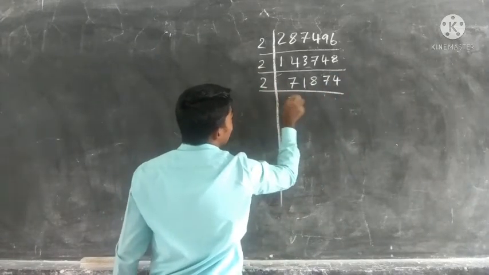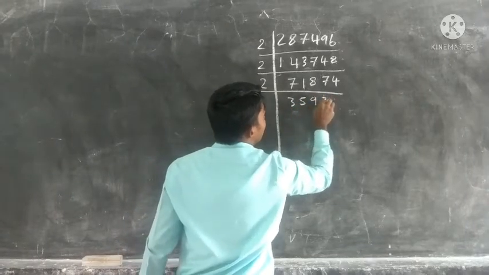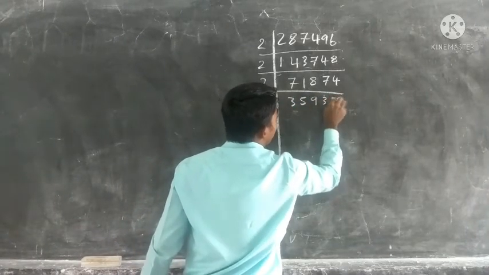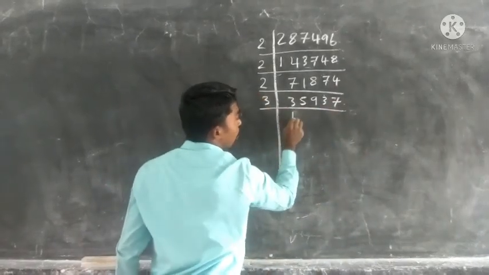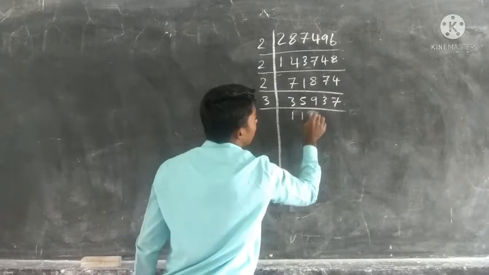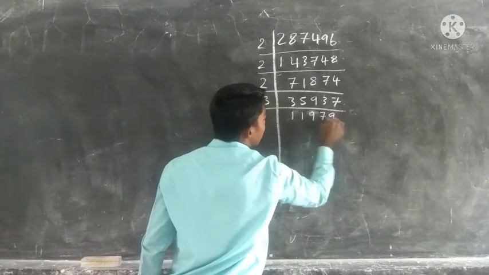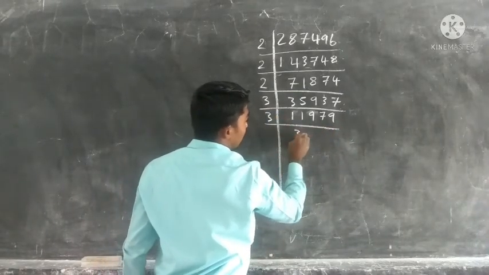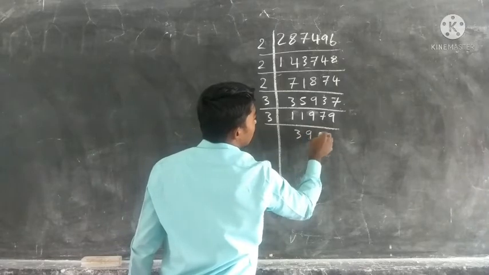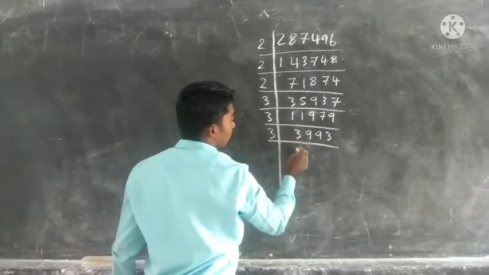We will get 35937. We can divide this number by 3. We will get 11979. We can divide this number by 3. We will get 3993. We can divide this number by 3. We will get